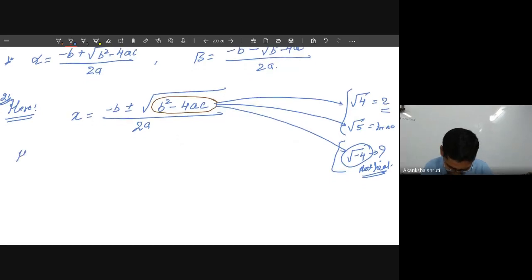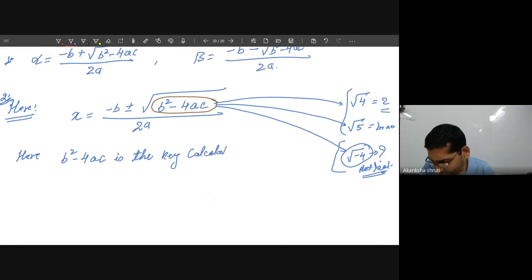So right here, b square minus 4ac is the key calculation, the main or important thing